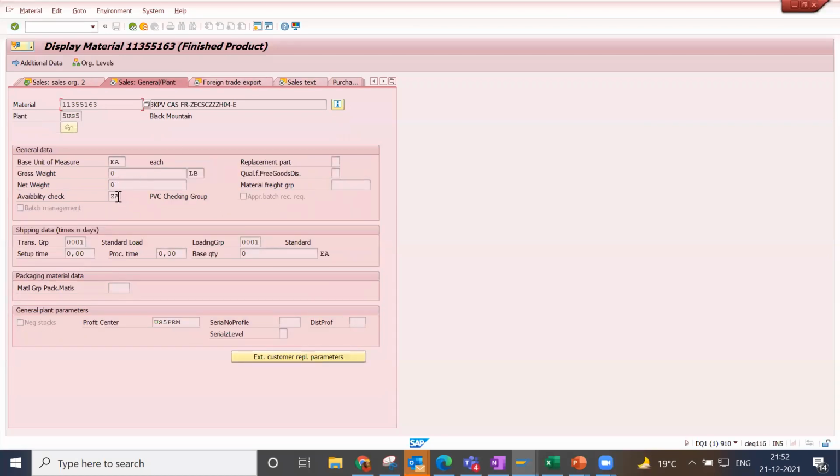Yeah, you can see this availability check here. Whenever we do the configuration for availability check, we maintain the availability check in the material master under the sales general plant.